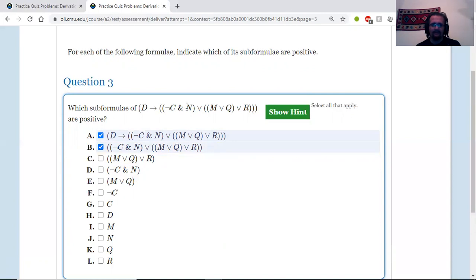Now I need one of these two here to be true, right? Either the not C and N, or the M or Q or R. So I think I can actually put both of them down. And then inside of this can either be this or it can be R. And then if I want this subformula here to be true because it is